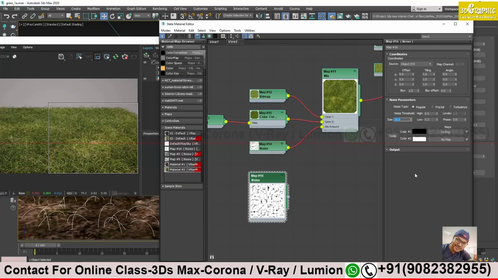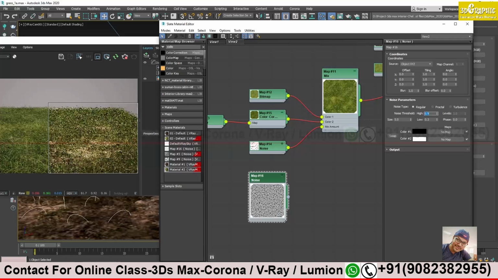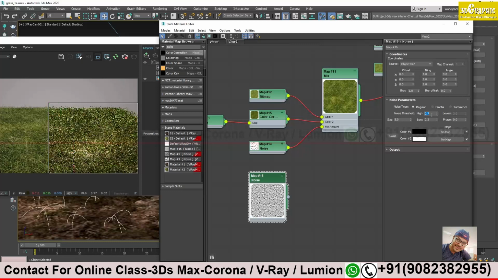Let's do something with the size only. If I take 5, we can try 0.5, if I can 0.9. Ah, lots of grass gone, no? Not that much, so 0.7, 0.2, 0.3 we should give. 0.3.